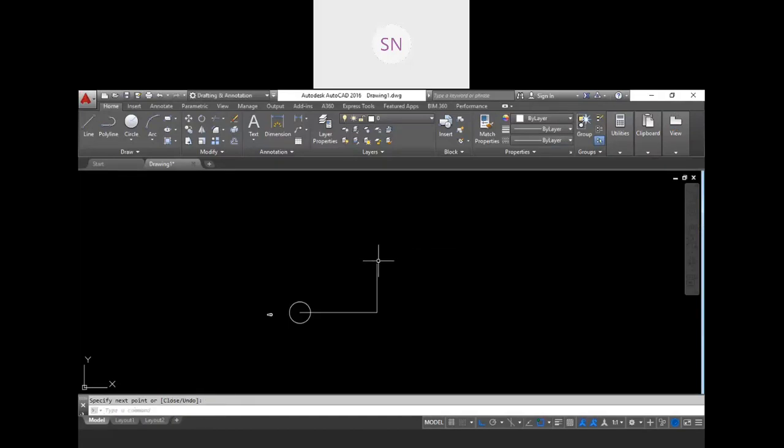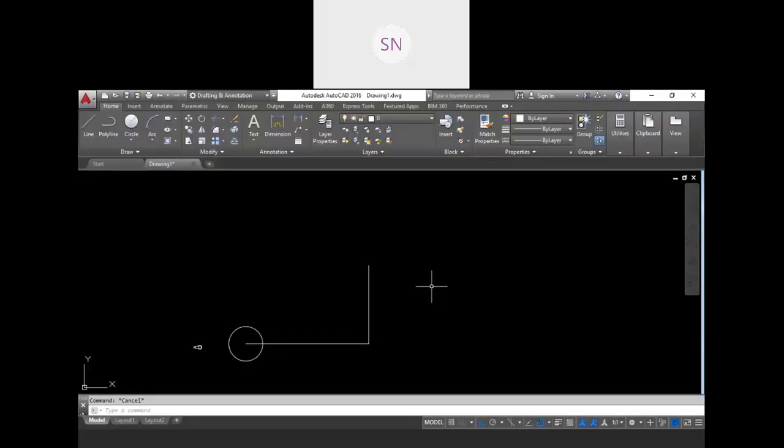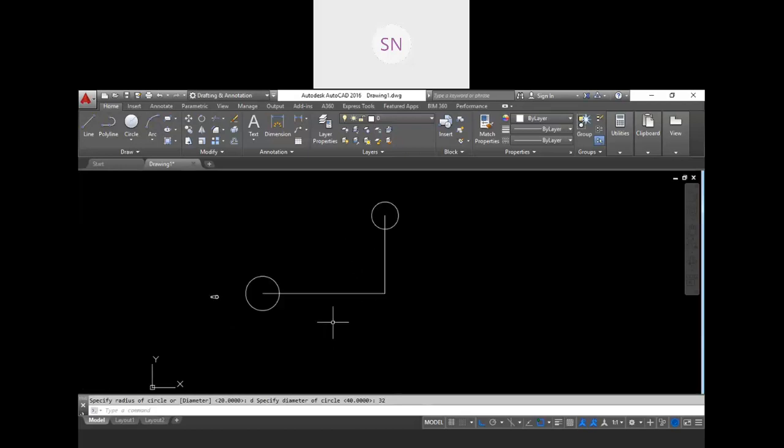So this point is our position of the second circle. So the diameter for that is 32, circle, C enter at this point, diameter 32, enter. So we find this point now. Now just erase this line, we don't need this. Okay, we just want the position of this circle.